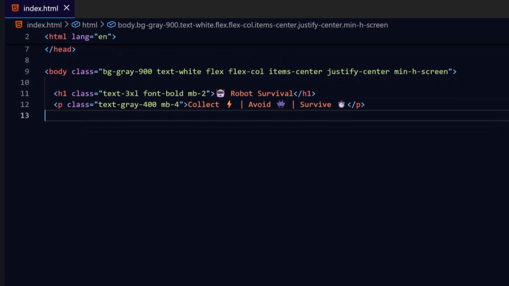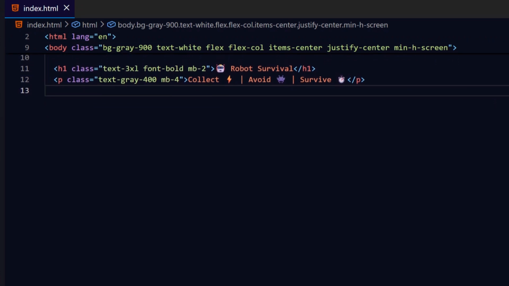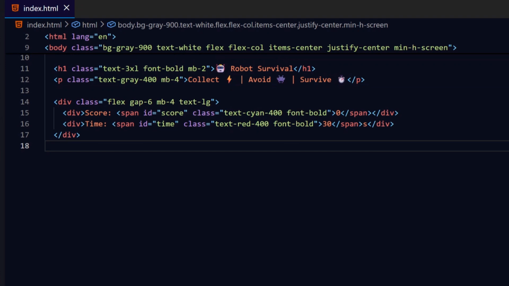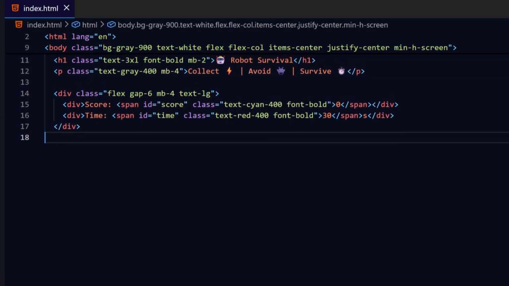Here is our title and instructions. We use emoji icons to give the player a quick visual cue on what's good, lightning, and what's bad, monsters. This is our status bar. We've given the score and the timer specific IDs so our JavaScript can find them and update them as the